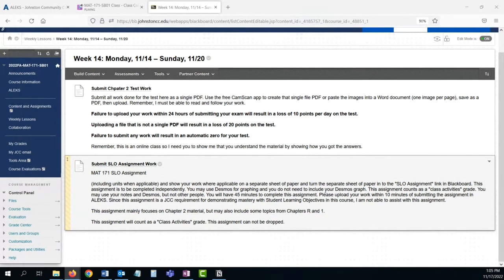So here's the SLO assignment. What we have is called Student Learning Outcomes. We're taking our goal, our QEP, and making sure we're seeing student learning outcomes in our classes. Each class has one assignment that's shared across all Math 171s. I also have a 143 class, and all 143 classes have a different SLO assignment. This covers Chapter 2. There may be some content from Chapter R and Chapter 1, but the main purpose is